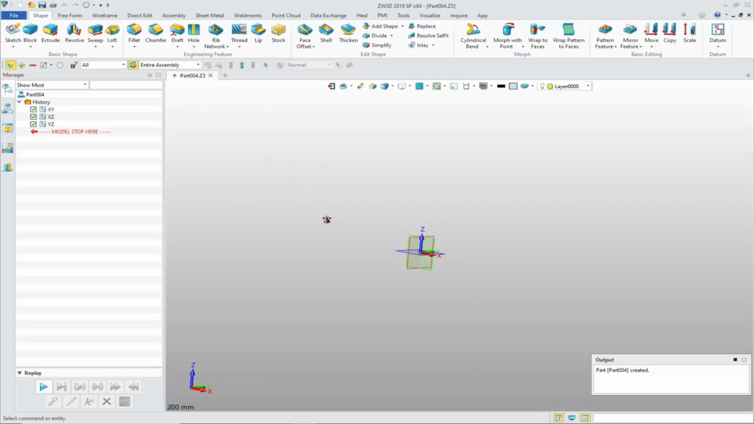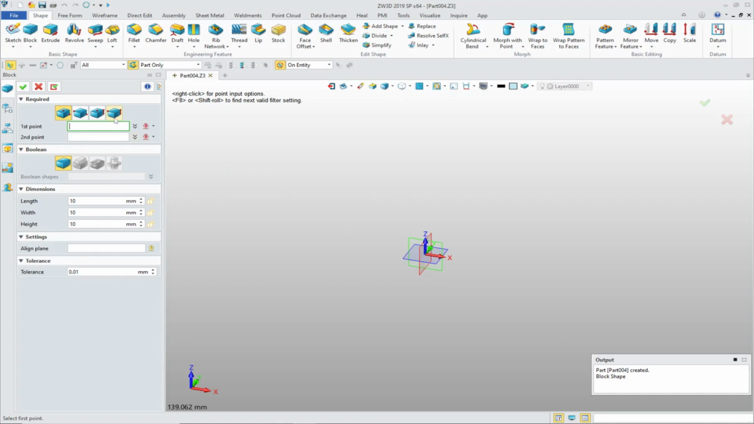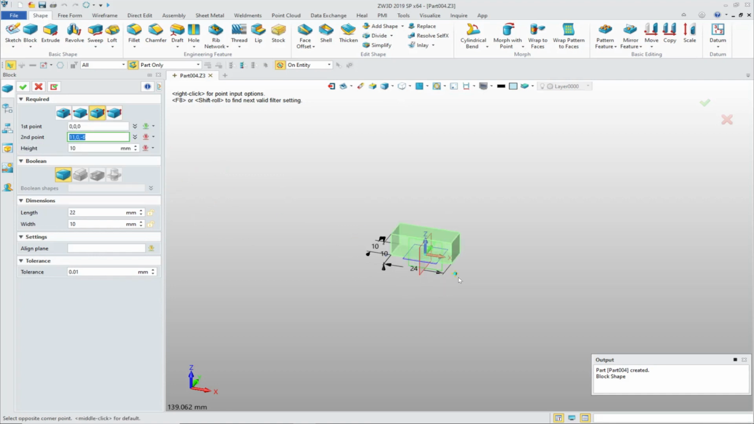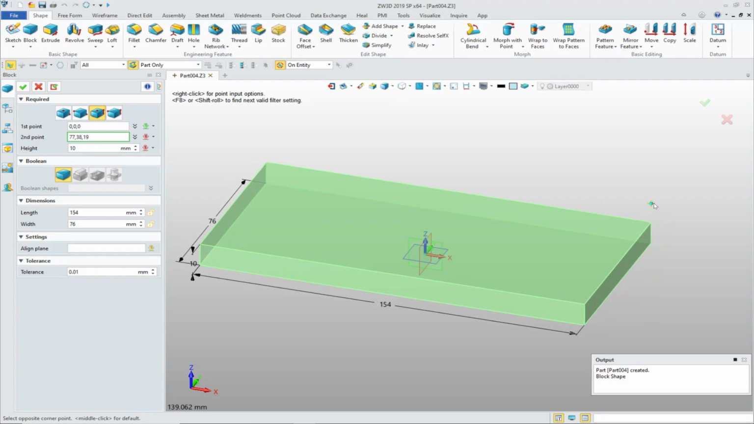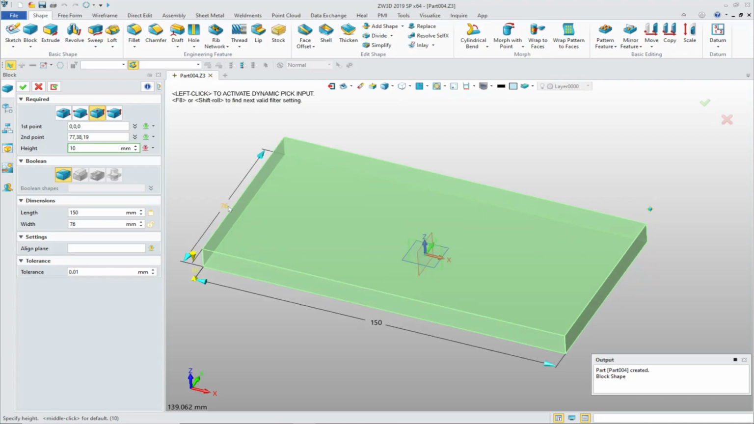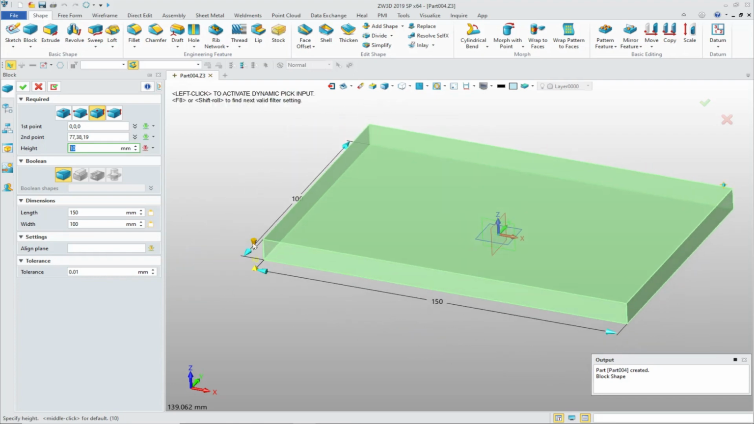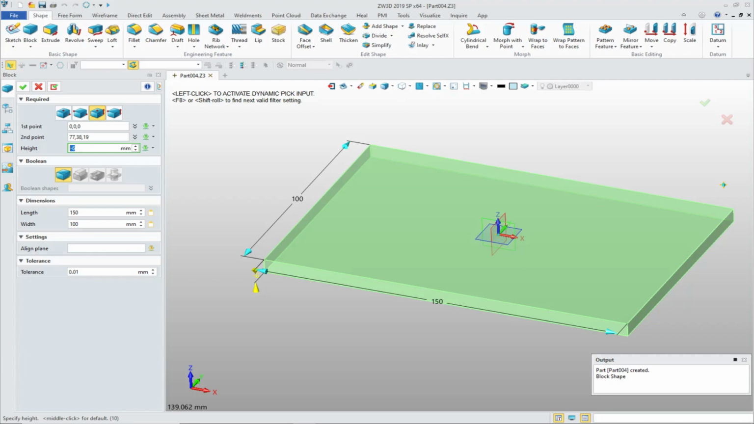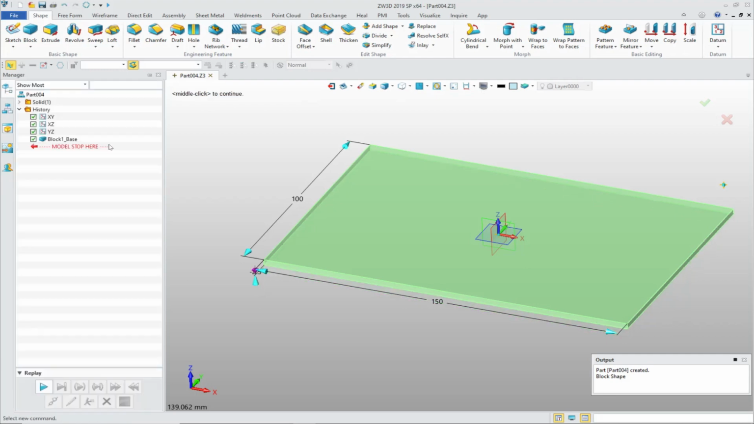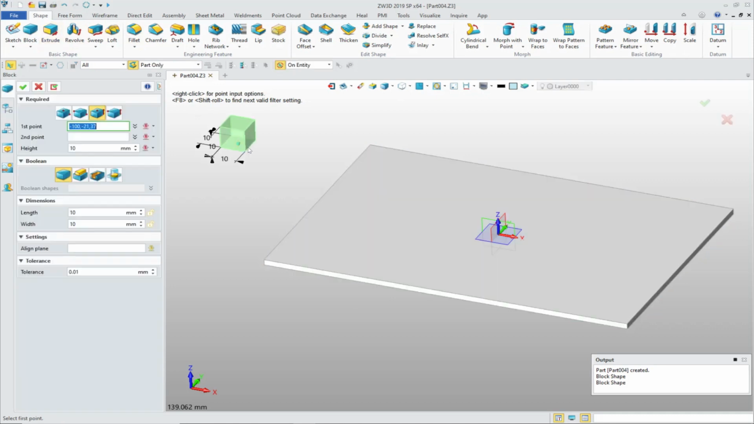And I could basically design this very similar to Autodesk Inventor and use sketches, but I'm going to try to use as few sketches as I can and use the primitives here in ZW3D. So the first thing was I'm going to create a box. I think the dimension here was 150, and this was 100, and it was 0.5 millimeters thick. I'm going to create another box,